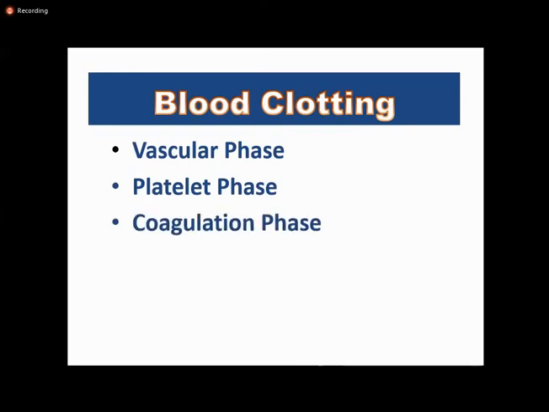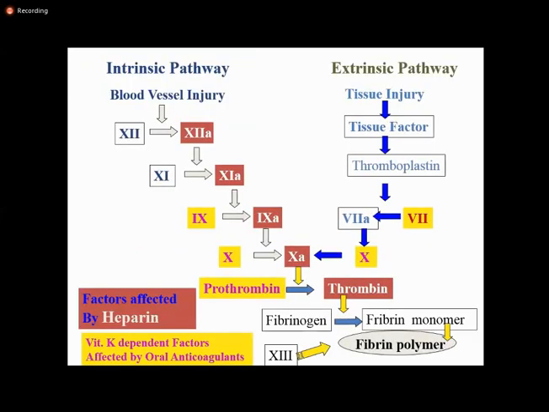And third, after platelet aggregation, the normal cascade reaction towards coagulation starts. And ultimately, this clot has to be dissolved, otherwise it will produce a damaging effect. So, before discussing drugs, this slide is very important. Why? Because you can see there are two pathways, intrinsic pathway and extrinsic pathway, and we have no problem whether it is the intrinsic pathway or the extrinsic pathway.